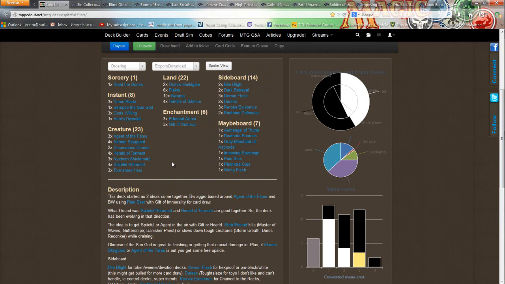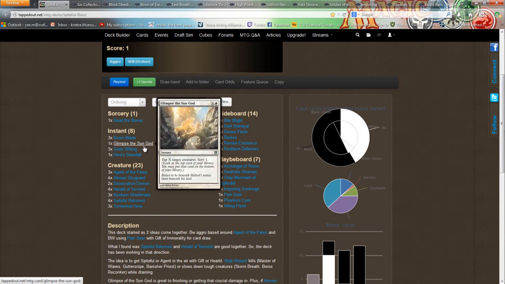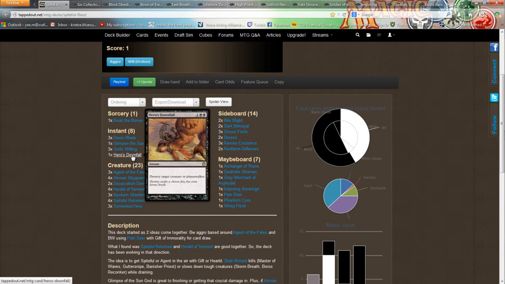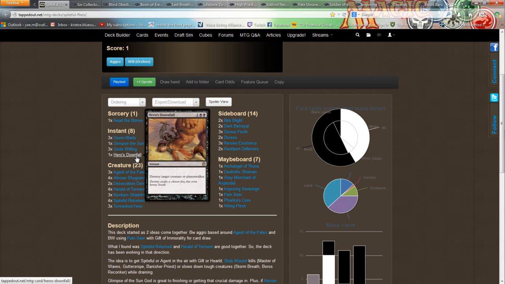That's all. So one thing I noticed is there's a lot of random one-ofs in the deck. One Read the Bones, one Glimpse of the Sun God, and one Hero's Downfall. Okay, maybe there's not a lot of one-ofs, but those are pretty prominent one-ofs. Mainly because I don't feel that they do much in the deck, and I feel, if you want removal, Hero's Downfall is just a premium removal spell that I think you should, at minimum, play 2 if you're going to